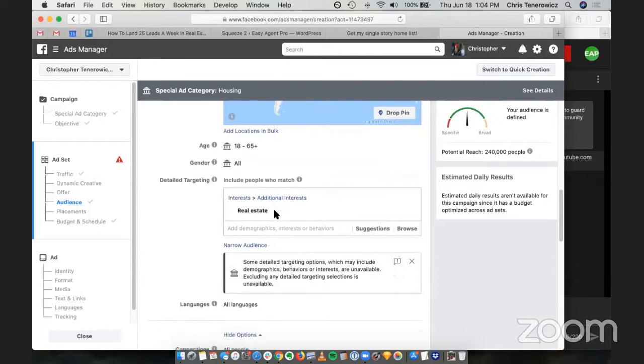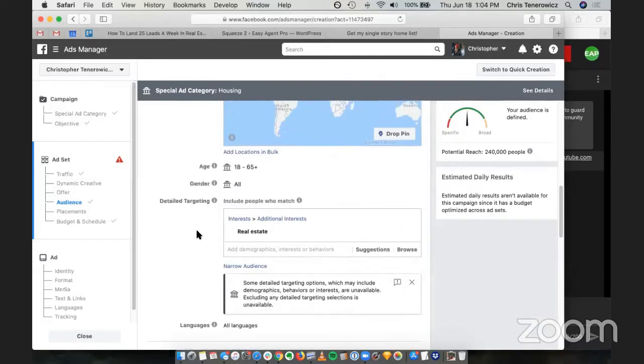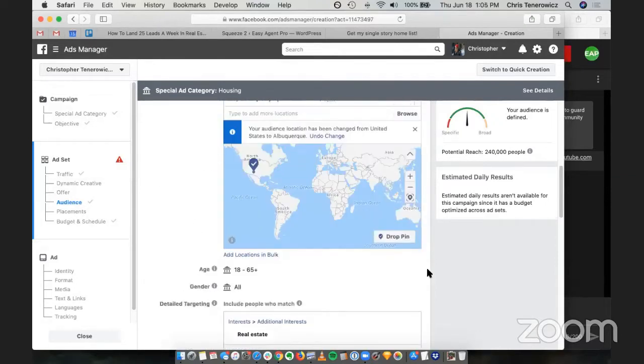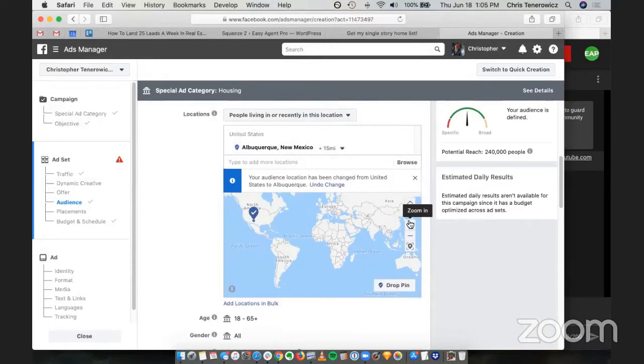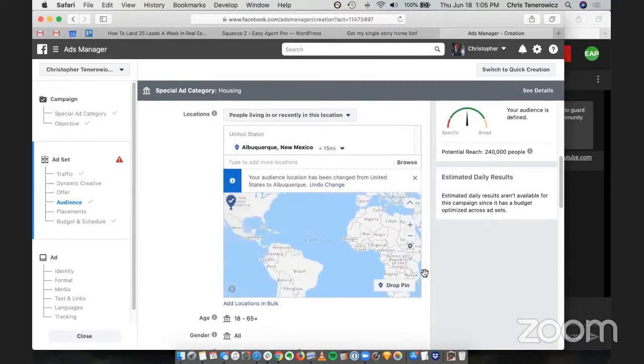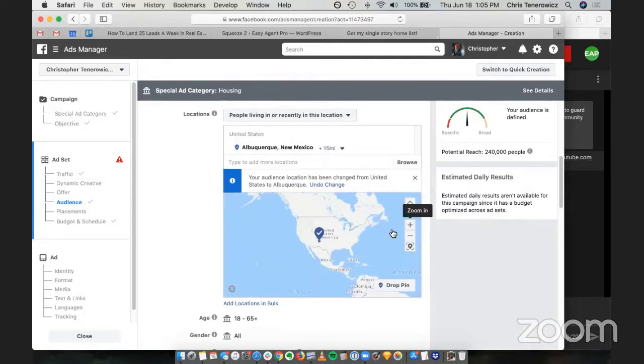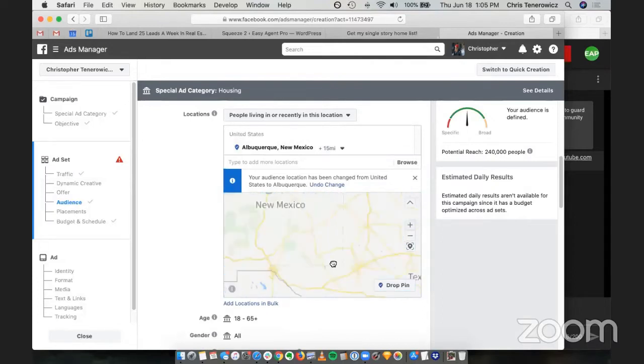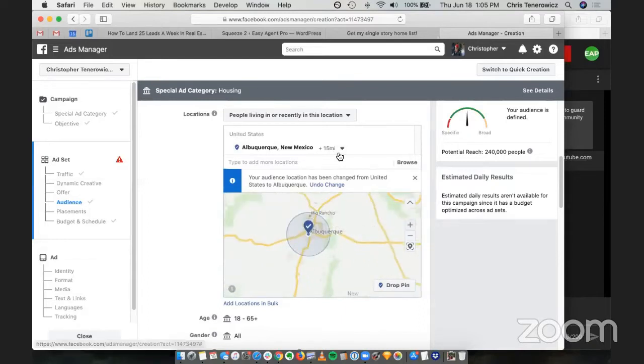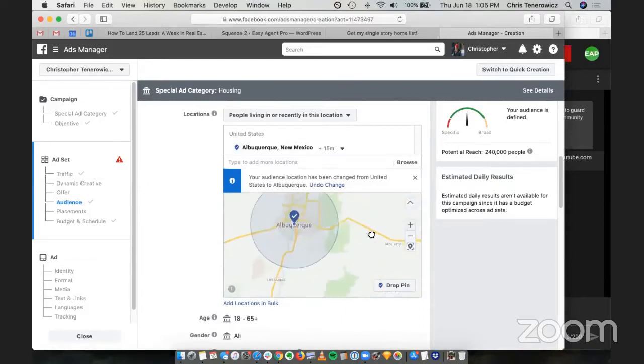Now down here, detail targeting is really where things get a little bit more restrictive. We're looking at a 15-mile radius around Albuquerque, New Mexico. You can check that out. That's including Rio Rancho, all these other areas.